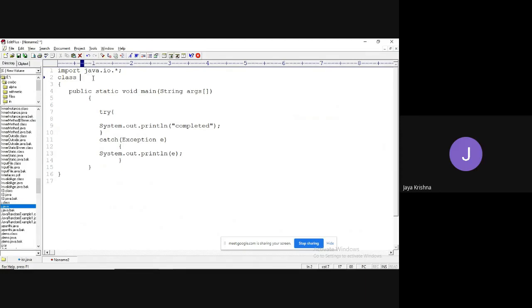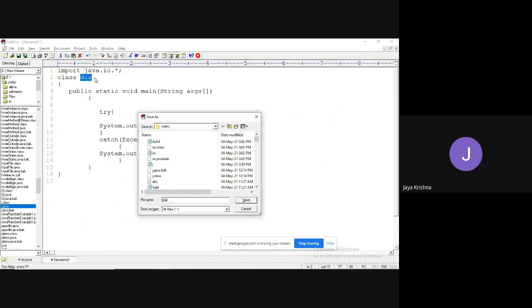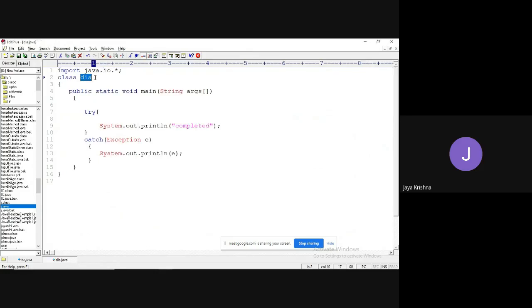Let me take some name, AI.java. Okay, fine. My requirement is I want to read the data from the command prompt through the BufferedReader class. Then I can simply create an object for the BufferedReader class.